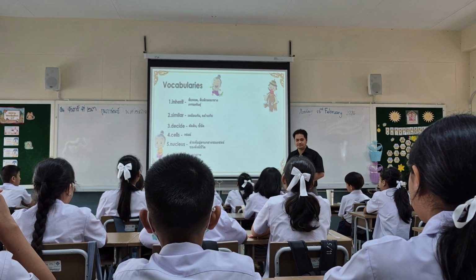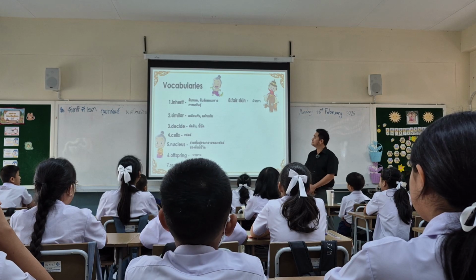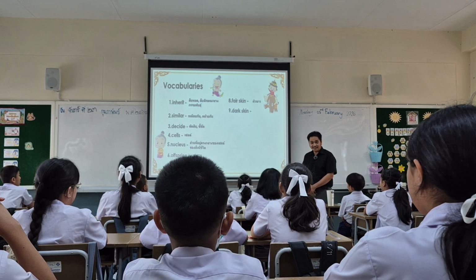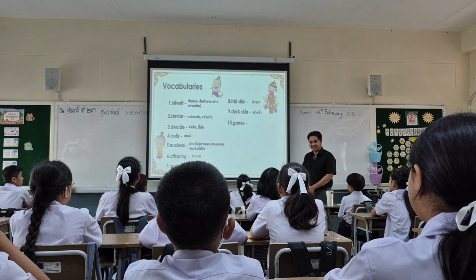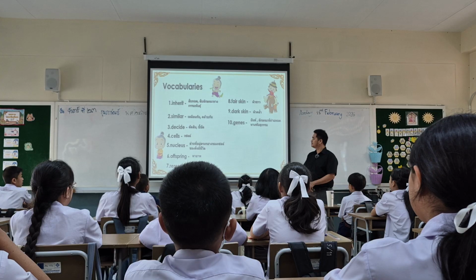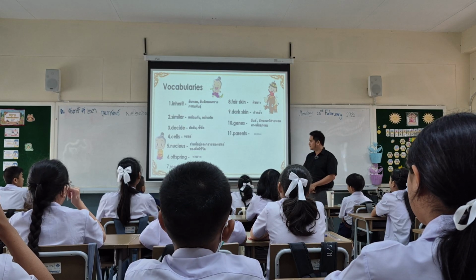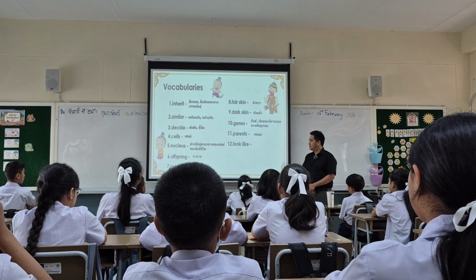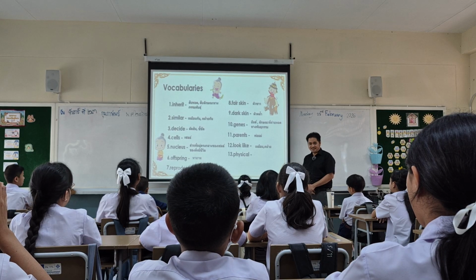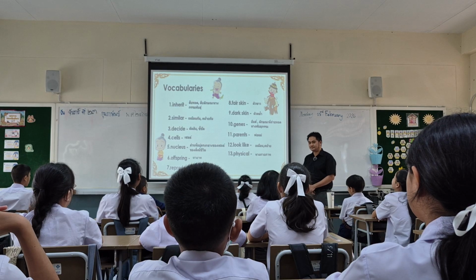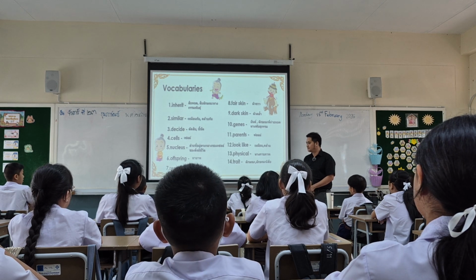Reproduce. สืบพันธุ์ Fair skin. ผิวขาว Dark skin. ผิวคล้ำ Genes. ยีนลักษณะที่ถ่ายทอดทางพันธุกรรม Parents. พ่อแม่ Look like. เหมือนคล้าย Physical. ทางกายภาพ Trait. ลักษณะนิสัย